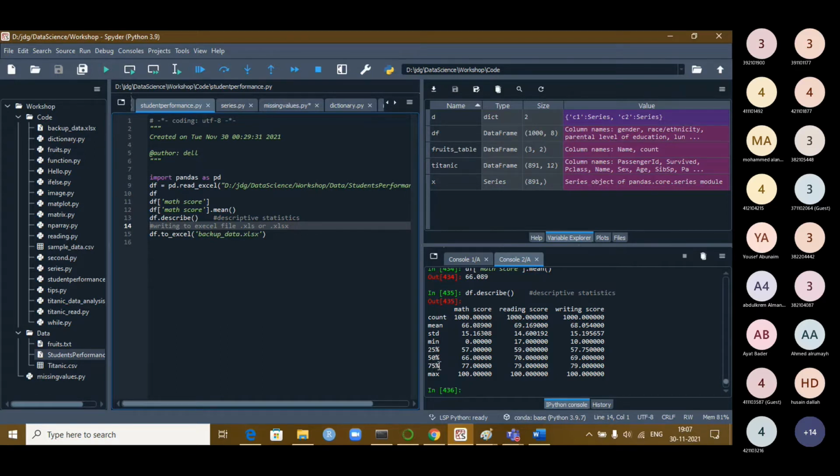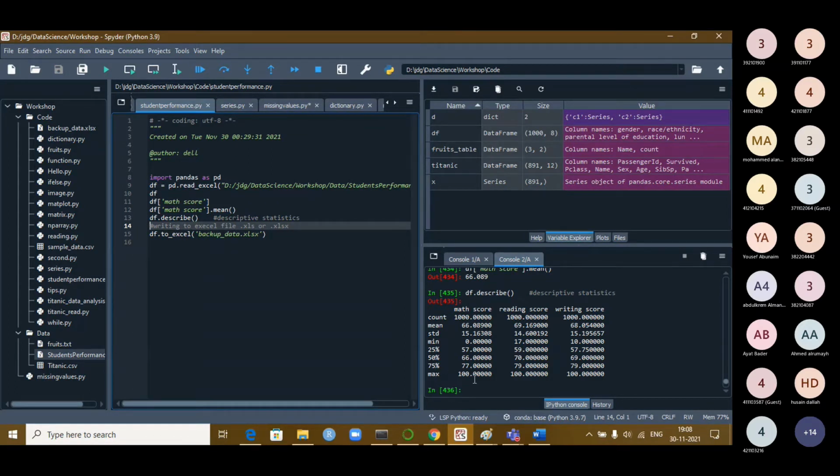These are based on your quartiles, like in the box plot. So 25% of the people have a score of 57 or less. 50% of the people have a score of 66 or less. 75% of the people, that is, there are four parts we are trying to divide: 0 to 25, 25 to 50, 50 to 75, 75 to above 100. So maximum is the highest score, minimum is the minimum score. The remaining three are intermediate values. One is at the 25th percentile value. 50% is almost the same as your mean value. You see 66.0. It is similar to that mean value.